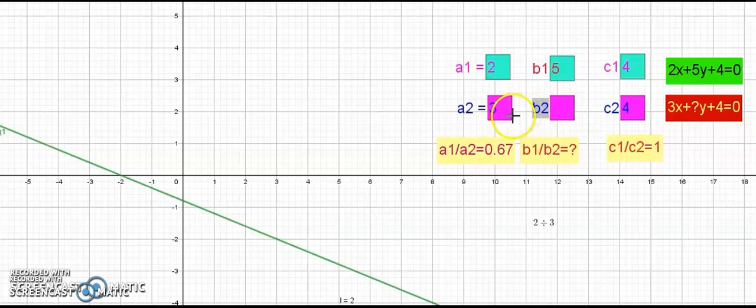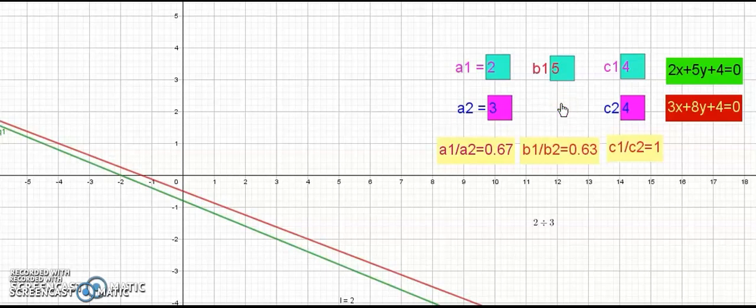Sometimes you will be given an equation 2x plus 5y plus 4 is equal to 0, one of the equations, and you will be given a missing value. Out of these three, a2, b2 and c2, you will be given a missing value. You need to find this value to make the given lines intersecting. So just make sure, children, if these ratios are different, the lines will be intersecting. So if you can make a1 by a2 different from b1 by b2, then the lines will be intersecting.